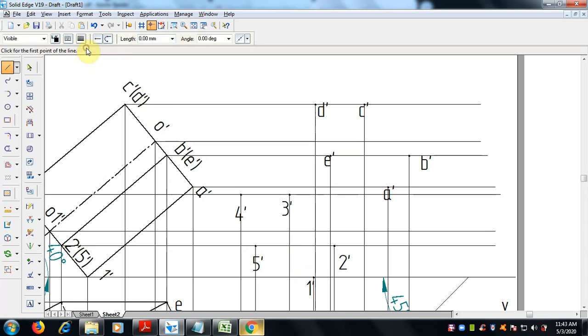Let me finish the 1 2, 2 3, join 4 5 with 1 again. So this is the one base. Another base is the top base, top face.